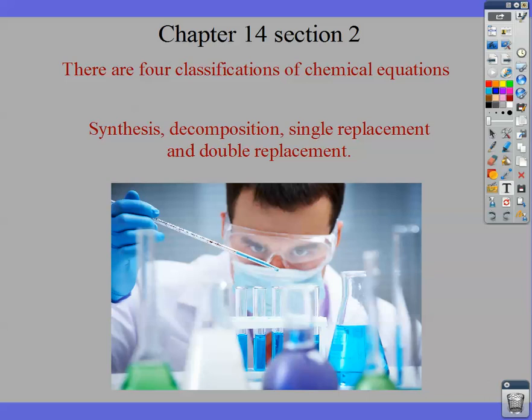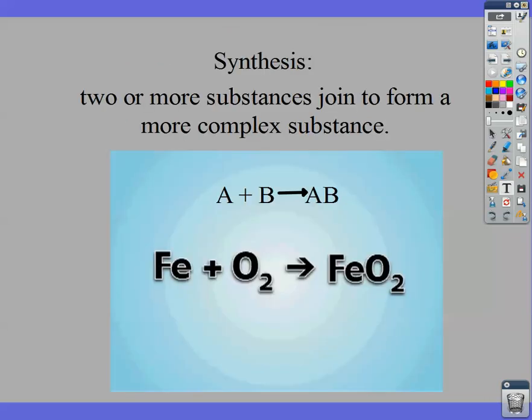The word synthesis or synthesize means to create, and decomposition is to break down. So a synthesis reaction takes 2 simple substances, like random element A plus random element B, that join together to create a more complicated substance, a compound AB. An example of this would be iron joins with oxygen gas to yield iron oxide. This is a more complicated substance than the substance that I started with. So that's all a synthesis reaction is. We take 2 simple substances, join them together to make a more complicated substance as a result of the chemical